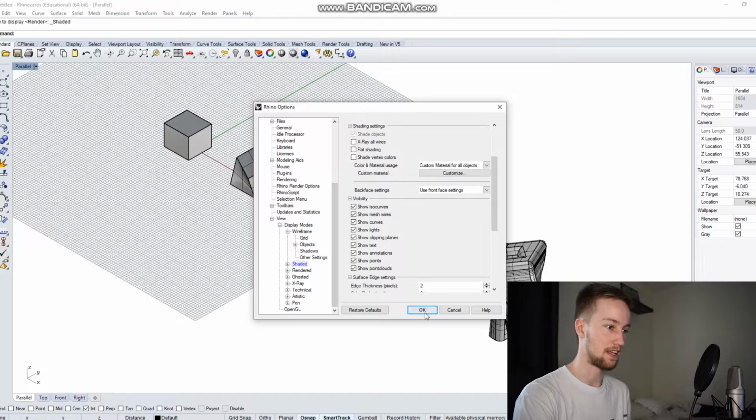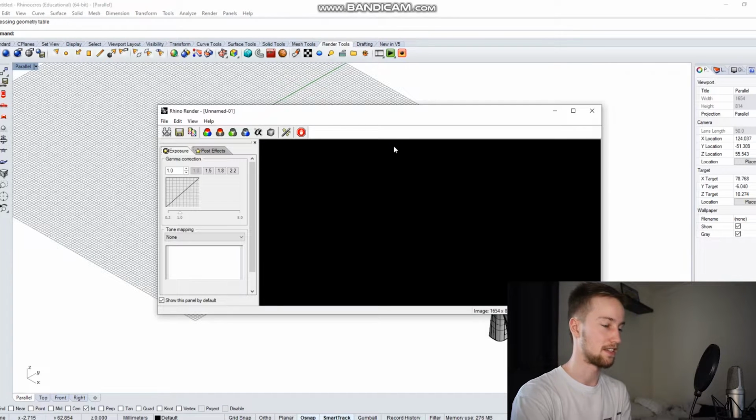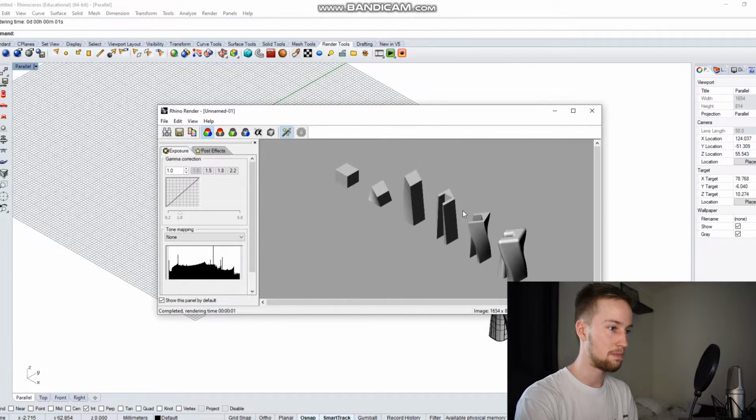And the rest of those settings are all good. And we're just going to do a bit of a test render here. So we're going to go render tools and we're going to hit render and see what this looks like. Cool, so this is how the shadows are going to look once we put it underneath the line work in Adobe Illustrator. This could be a bit higher quality, so what we can do is just get out of that